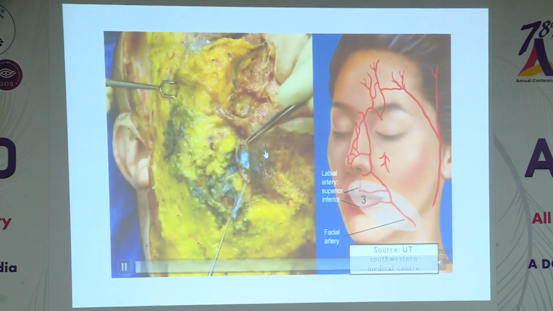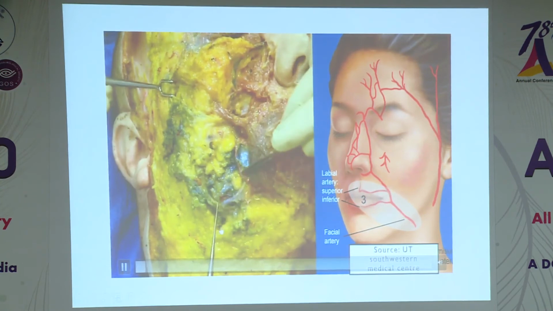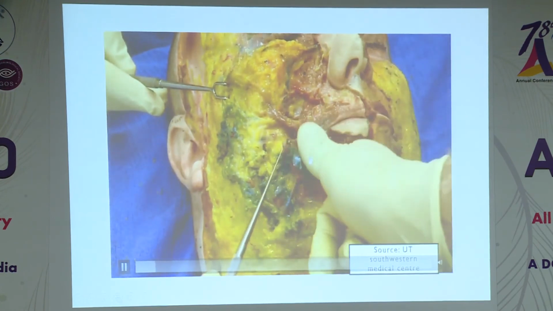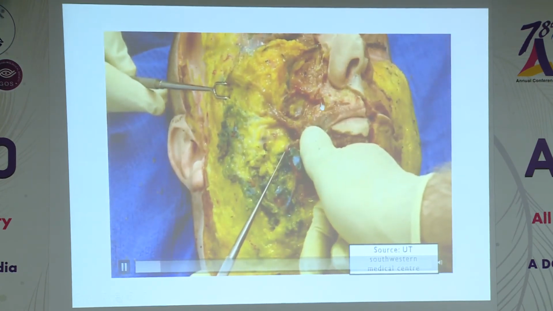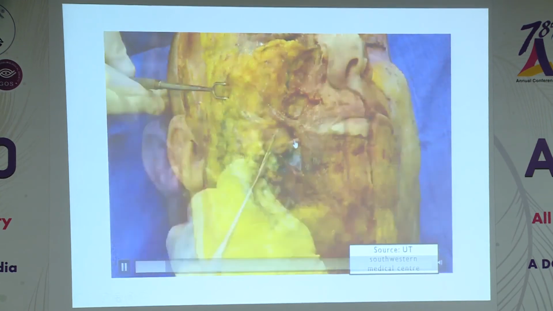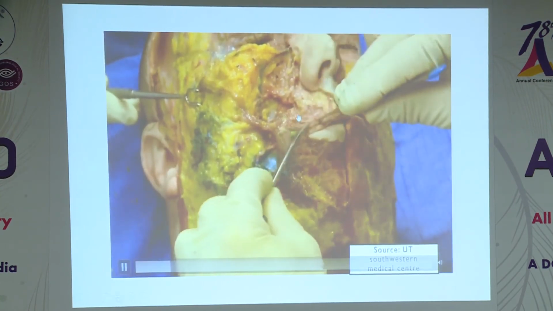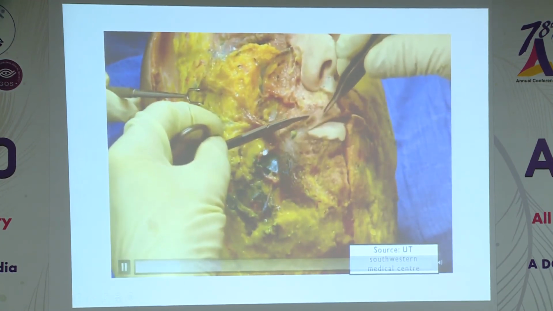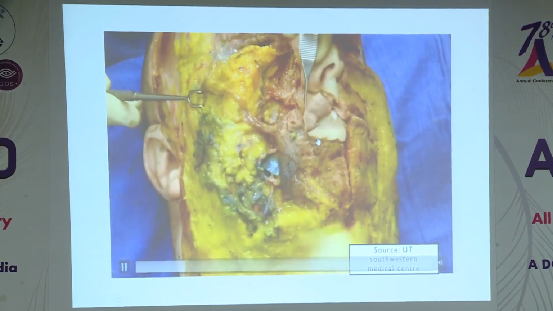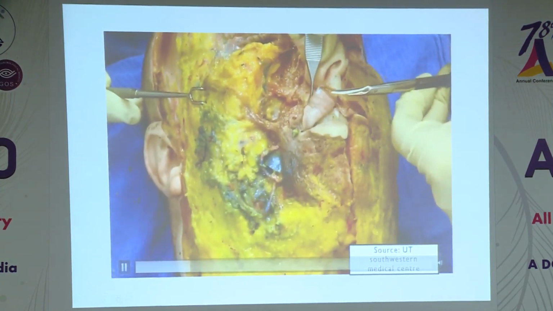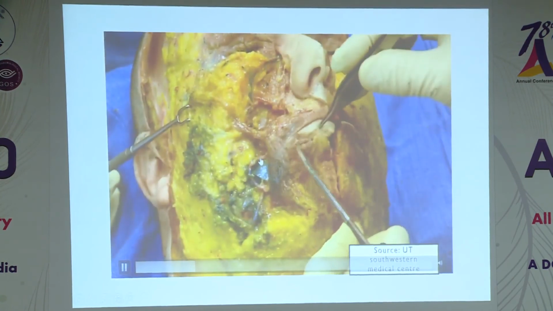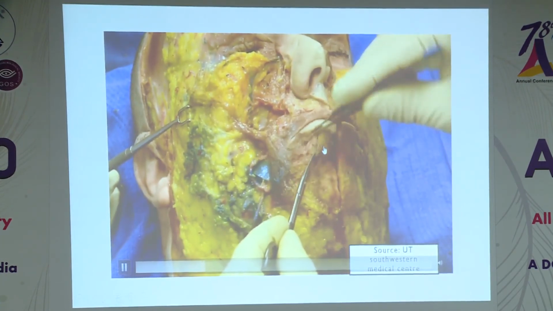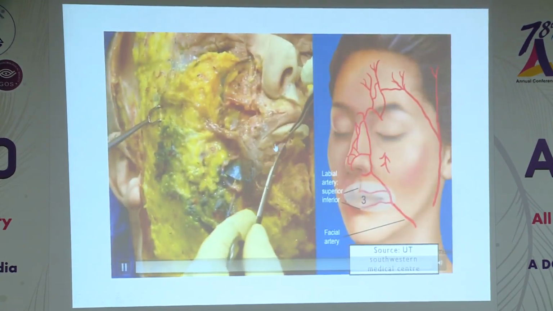So coming on to the vessels of the neck and face, the facial artery starts here, is deep, takes a tortuous course here near the angle of the mouth, one thumb away from the angle of the mouth. Be cautious of this. Then it gives branches. The superior labial artery here goes to the superior lip, and the inferior labial artery goes here to the inferior lip. The superior labial artery here lies deep, and the inferior labial artery also lies deep to the DLI. As you see, depressor labii inferioris is above this artery.